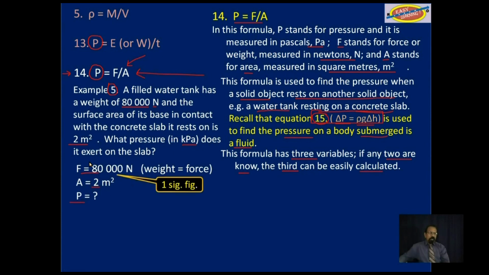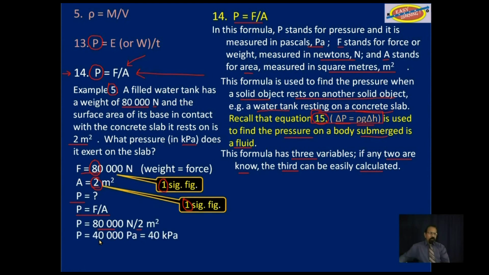Notice that this 80,000 has 1 significant figure. This 2 square meters here has 1 significant figure. So our answer can only have 1 significant figure. Okay, we have a formula that says P is equal to F over A. We know the values of F and A. We substitute those and we get